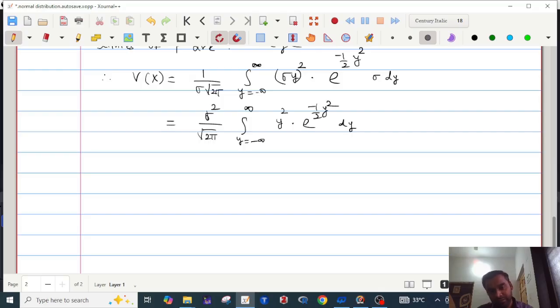Just wait. This is g of y. What is the g of y? g of y is equal to y square multiplied by e raised to minus 1 half y square. This is an even function. And as this is an even function, so the integration of this will be 2 times